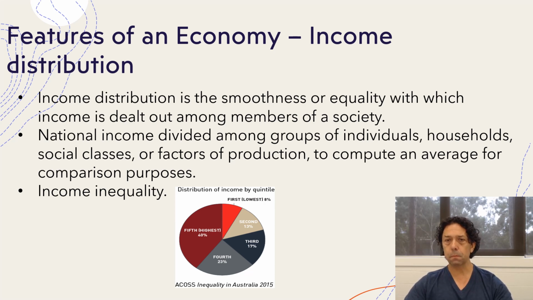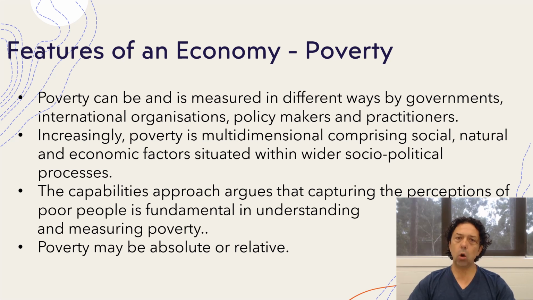The next feature is poverty, and a global definition of poverty does not exist. It varies from nation to nation, from government to government, from institution to institution. Now, a poor nation, poverty actually refers to nations that have no financial power to stimulate foreign direct investment and economic growth. Government aims, of course, to get the nation out of poverty, but it is a daunting task. Now, there are different forms of poverty that we can talk about.